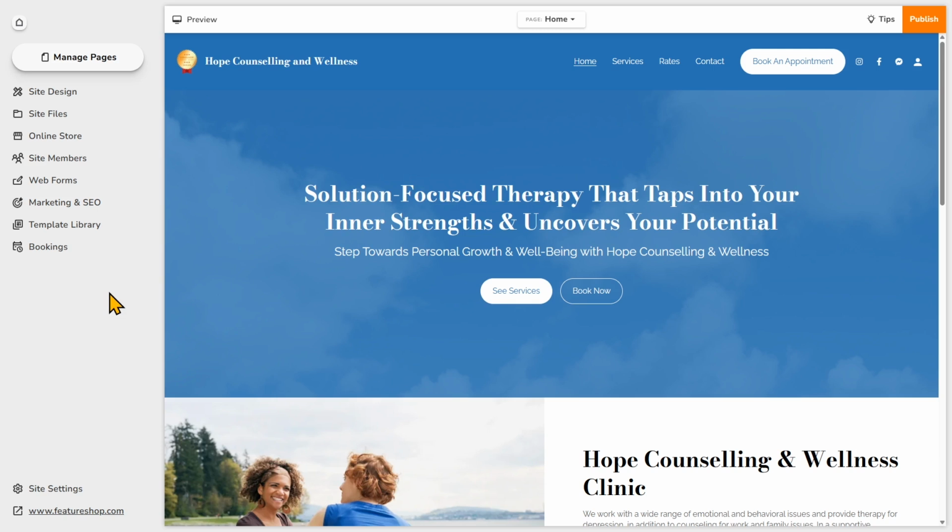So before we start designing, ask yourself, what do you want visitors to do when they land on the homepage? Is it to book a service, browse products, or learn about you? Whatever it is, that action should guide your entire layout. Your homepage should act like a tour guide because it's where visitors land right when they enter your website. It should be friendly, focused, and lead visitors step by step.